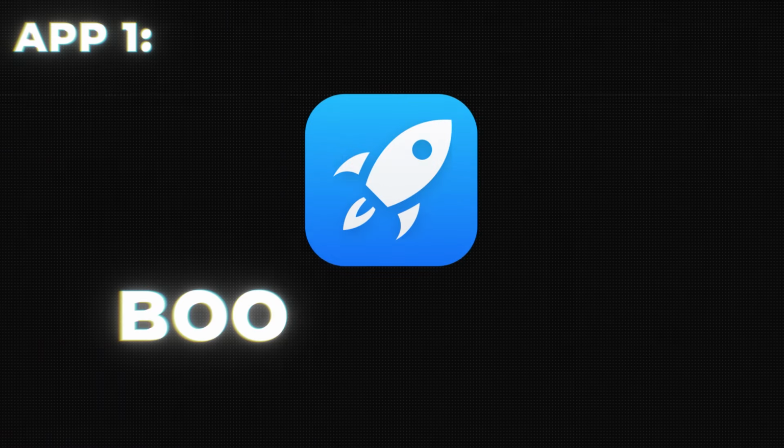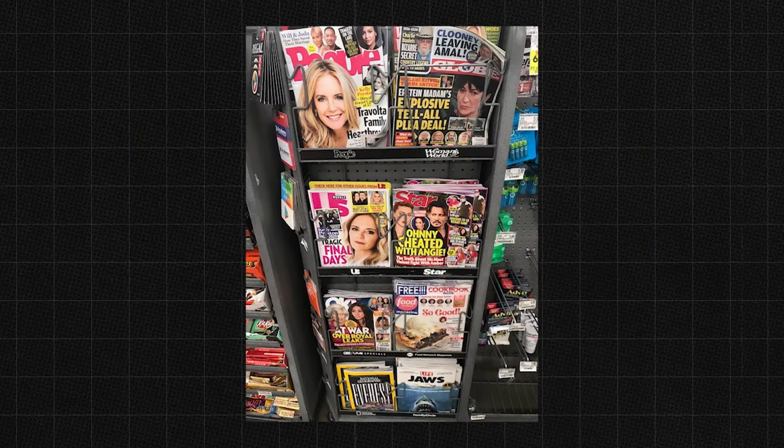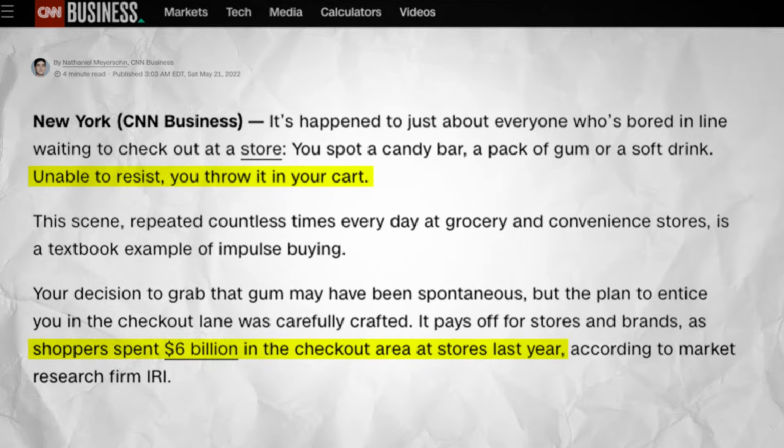All right, one of the most important apps that I talk about all of the time is an upsell app. Now, if you've ever been to a supermarket and you're in the checkout line, they usually have upsells. You might not know this. They've got all the candy, the magazines, the gums, all right at that checkout. So you might just make a couple extra purchases as you're leaving the store. This is obviously an added bit of revenue for these grocery stores, and you can do the exact same thing